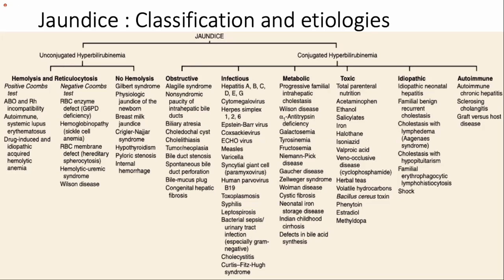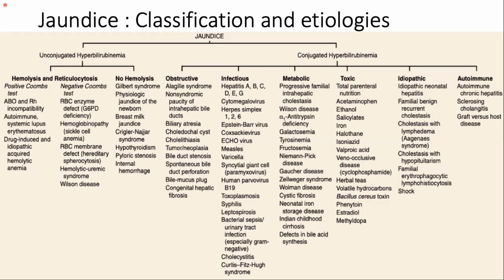Another one, if we refer to Dr. Taufik's lectures during our year 2, it is also attributed to the fact that we have hypomotility of the gut, and this will cause more bilirubin to be reabsorbed into our circulation, causing the jaundice. And then we have breast milk jaundice. The Nelson Textbook of Pediatrics mentions that this is because it inhibits the uptake of bilirubin into the hepatocyte for the conjugation later on.